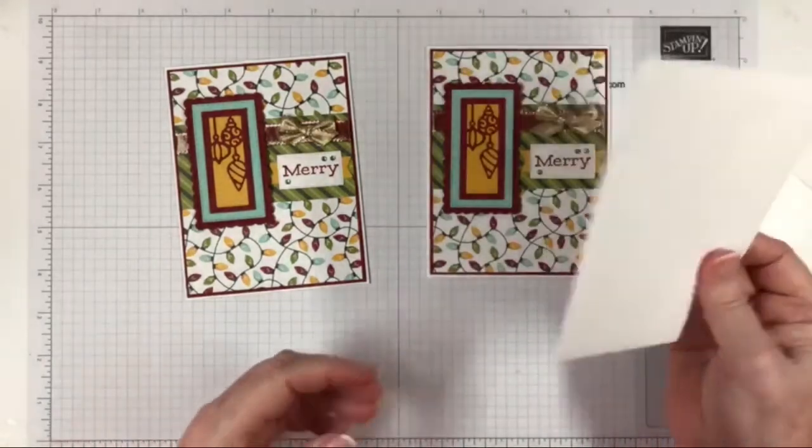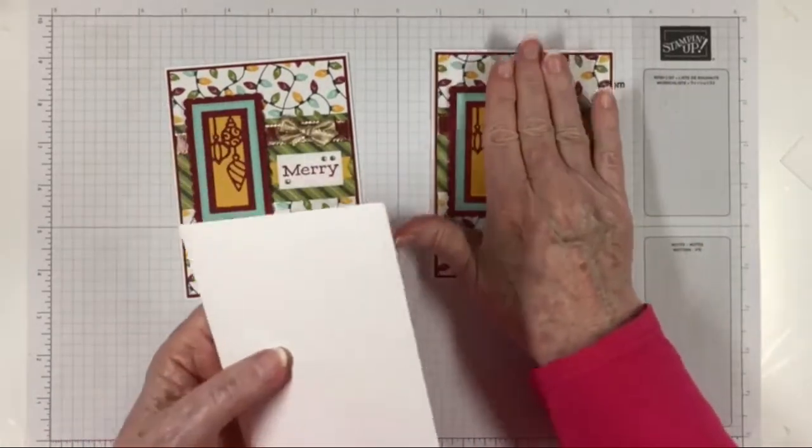Awesome. And then you have your envelope to mail it in, but don't forget about that piece of white cardstock that you're...